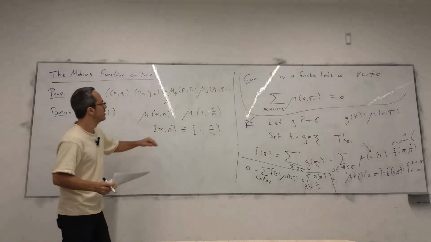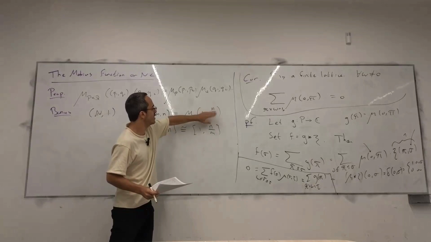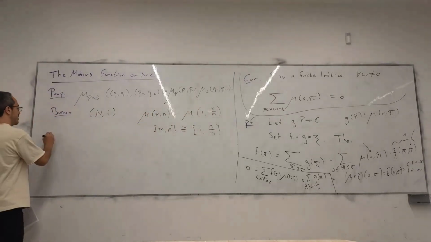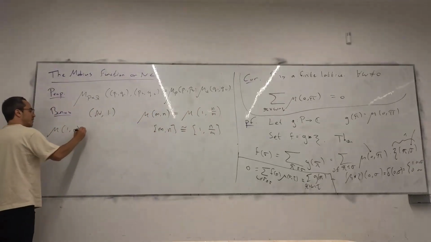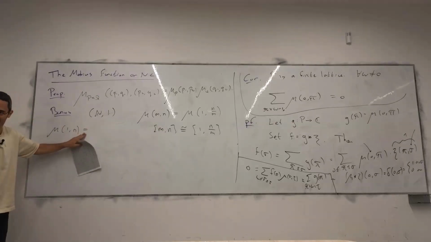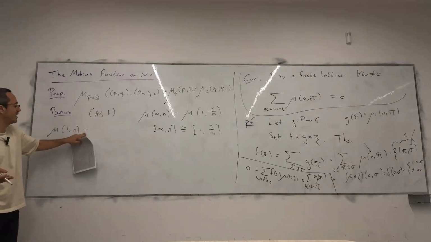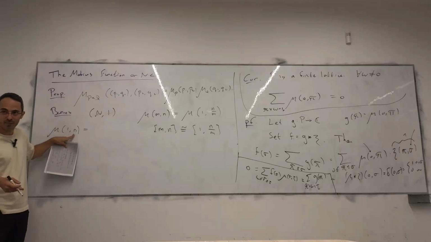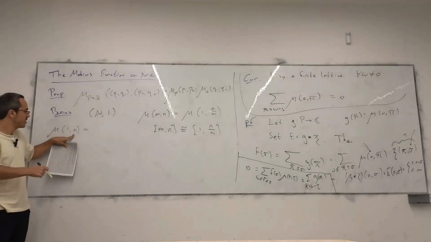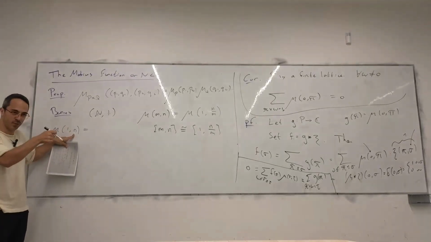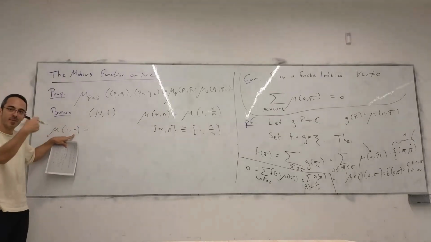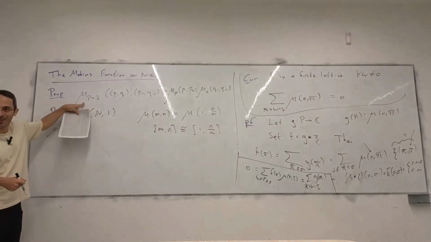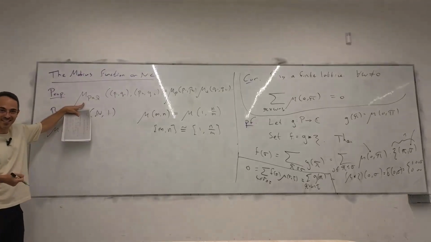So let's just compute mu of 1 comma n. Let's rename it to be n, and compute mu of 1 comma n. What is mu of 1 comma n? We know what the answer is, by the way. I just remind you. You take n and look at its prime factors. If one of them repeats, it's 0. So it's going to be non-zero only if every prime appears once. And in that case, it's -1 to the number of prime factors. I claim it follows immediately, and it's nice to see this.